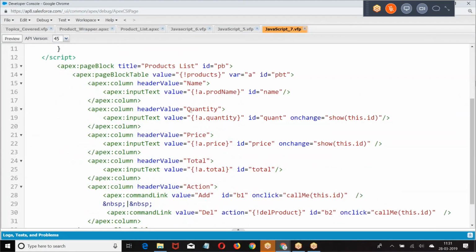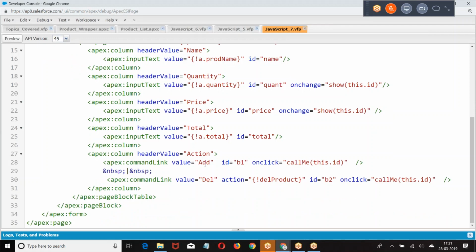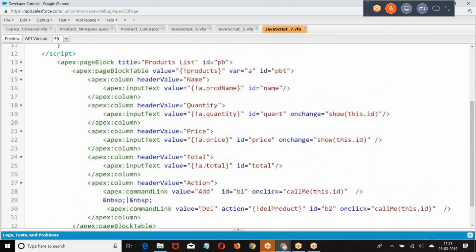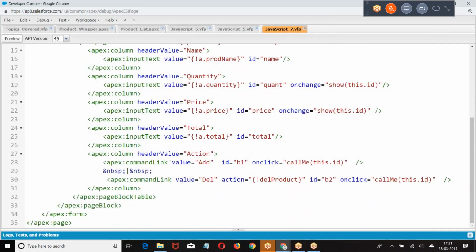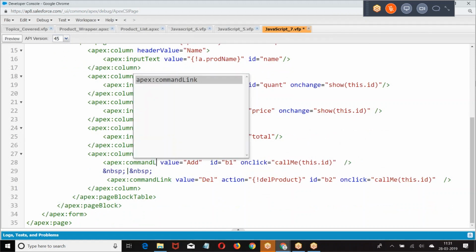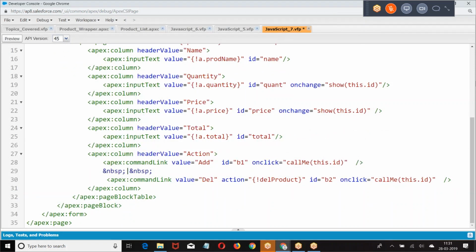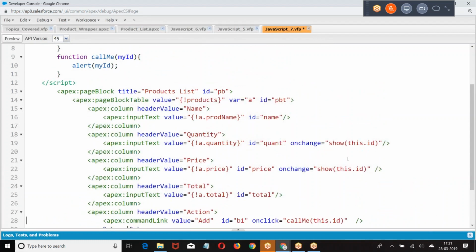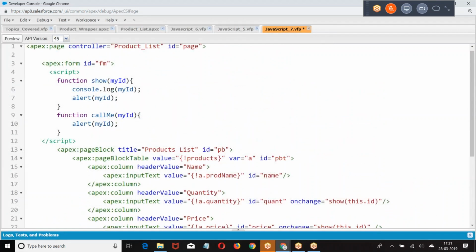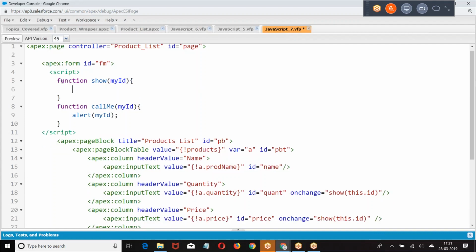Here in this case, the ID is not getting passed. So let me finish this first. We'll come back to the point and see why it is not passed.